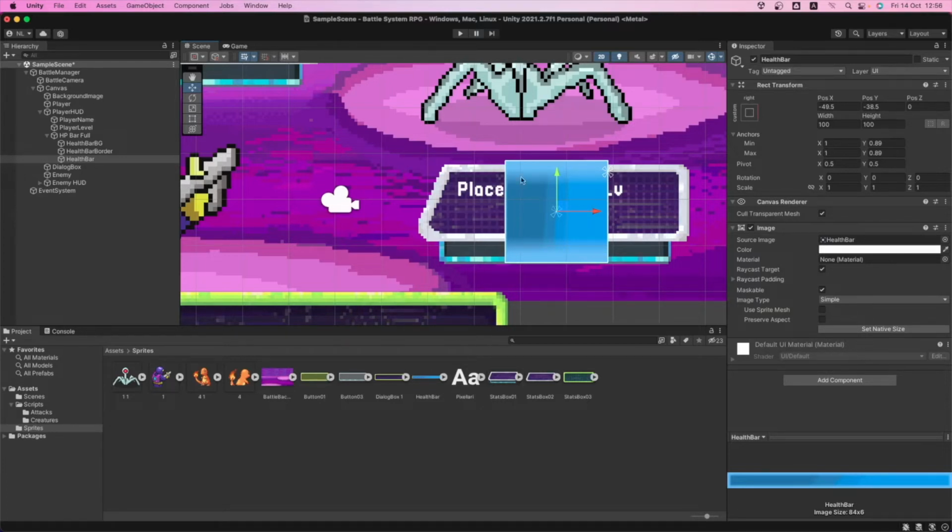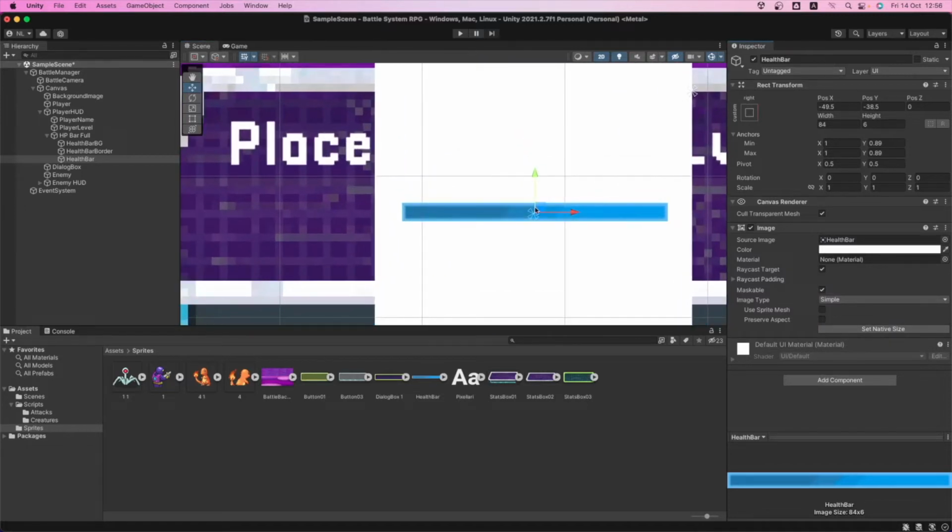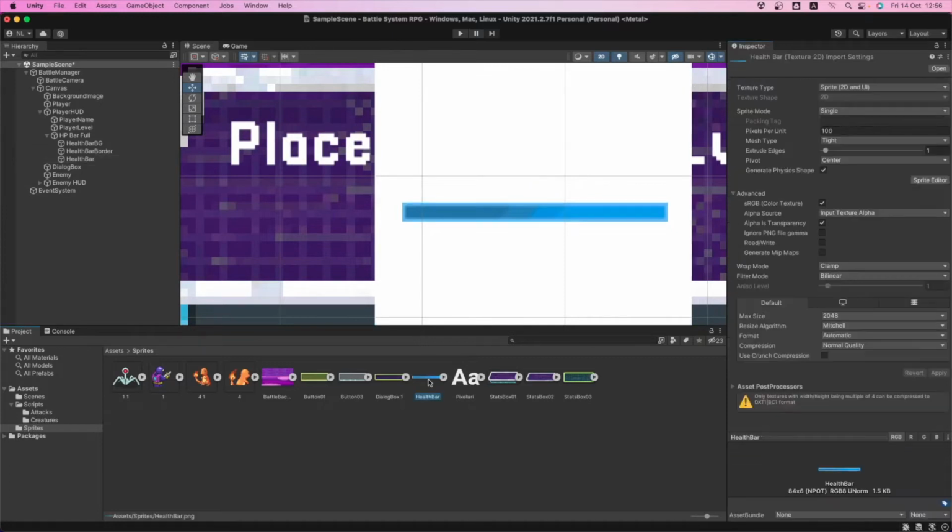So remember, when we import this type of images, we gotta select the set native size here. So if we select that, there it is. Okay, so it's a bit small, and that has something to do with how we configure the image here.